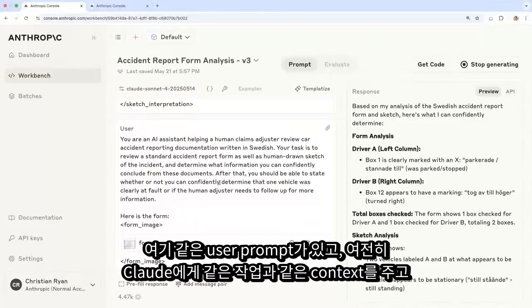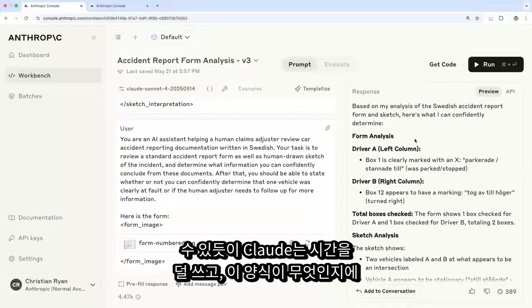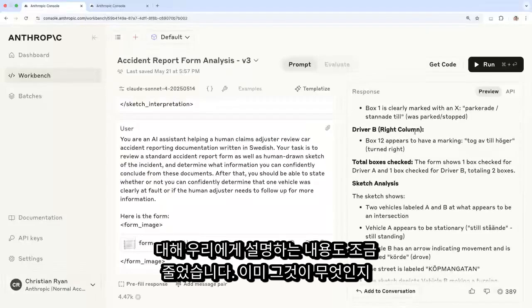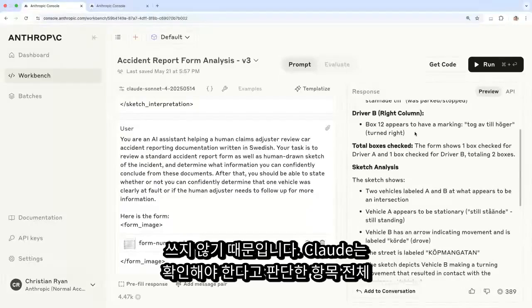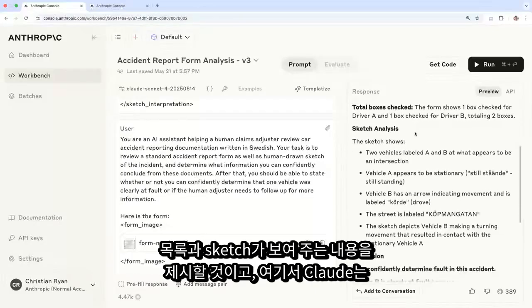We have the same user prompt here, still asking Claude to do the same task, same context. And we'll see here that it's spending less time. It's narrating to us a little bit less about what the form is because it already knows what that is, and it's not concerned with bringing us that information back. It's going to give us a whole list of what it found to be checked, what the sketch shows, and